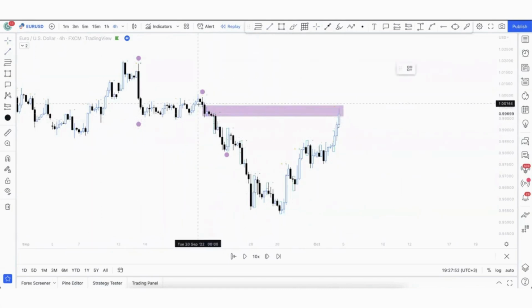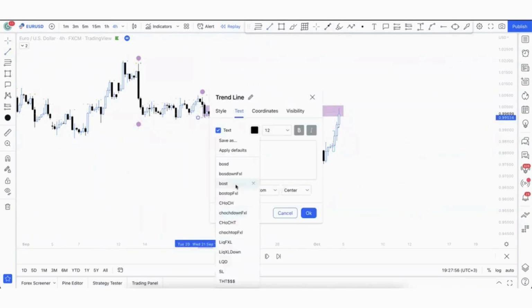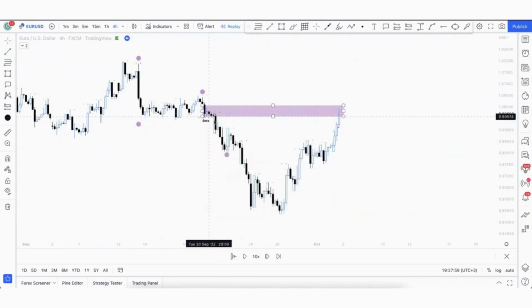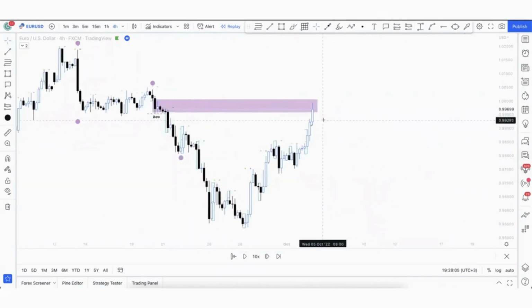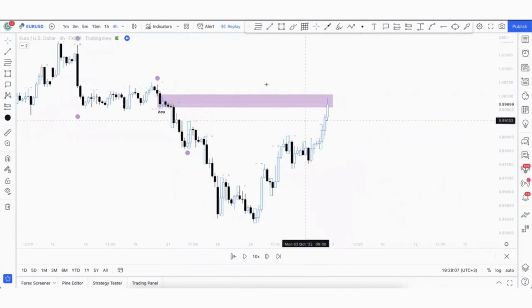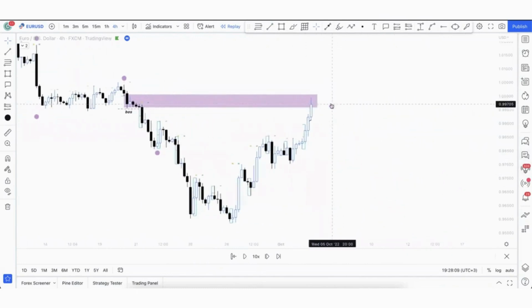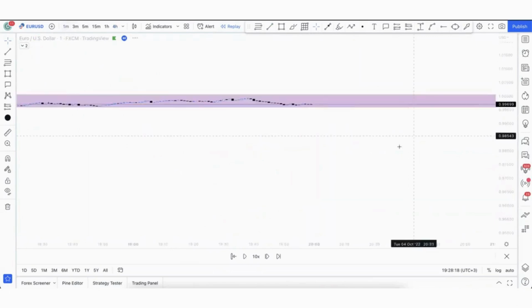Why? Because this is the last up candle that has caused this break to the downside. So we would like to see the price action within the lower time frame. This is the current price. It is already tapping our POI. So going down to the 1 minute time frame,